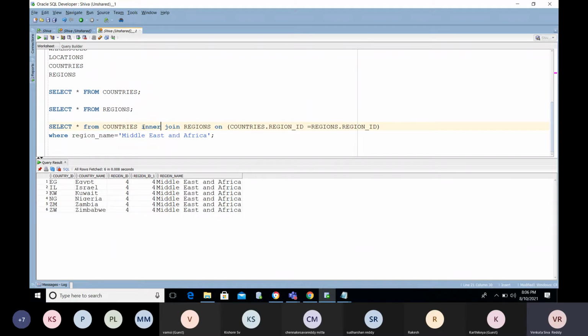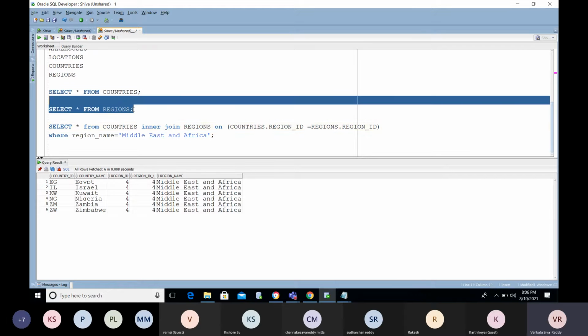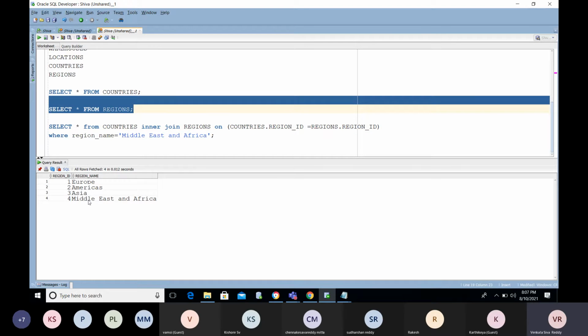So when will you go with the left join? If you want to find any other countries other than these four regions, like 1, 2, 3, 4, the four regions we have, then you will go with the left join.